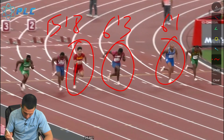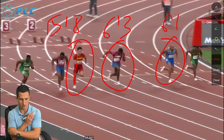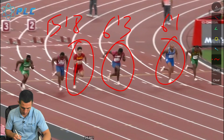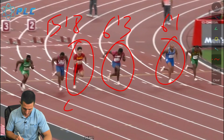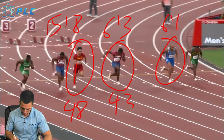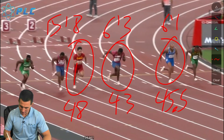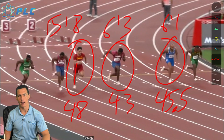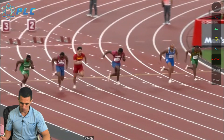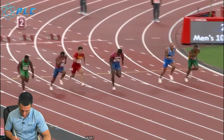So you can see Su Bingchen's actually hit his 9th step. Fred Curley is about to hit his 9th step, and Marcel Jacobs is a little bit closer. And just to give you an idea here, I looked at the whole race. Su Bingchen ran the whole thing in 48 steps. Fred Curley ran the whole thing in 43 steps. And Marcel Jacobs ran the whole thing in about 45.5 steps. So based off your height, obviously it's going to make an impact on how much distance you're going to be picking up per step. So we're going to go with step 9 here, and we're just going to look to